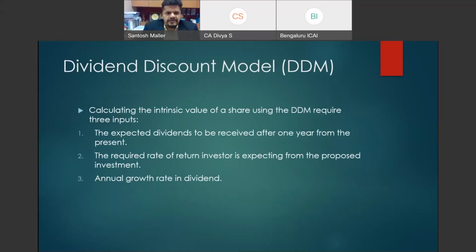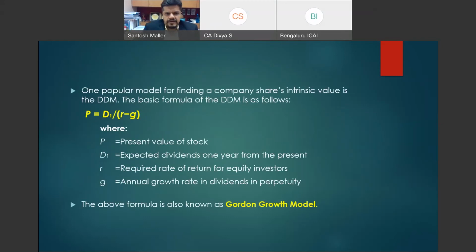Let's take an example of the dividend discount method, or the dividend discount model, where calculating the intrinsic value of a share using DDM requires three inputs: the expected dividend to be received after 1 year from the present, the rate of return the investor is expecting from the proposed investment, and the annual growth rate in dividend. One popular method for finding a company's shares' intrinsic value is the DDM, where the basic formula of DDM